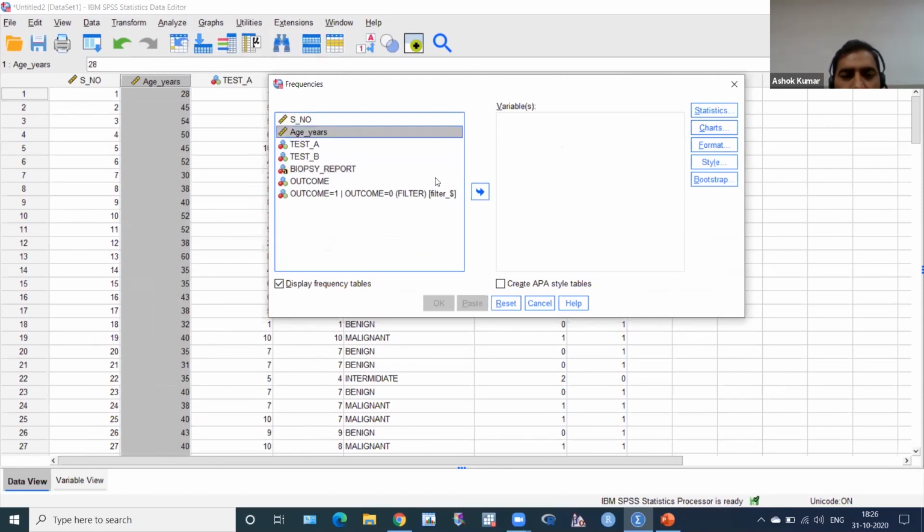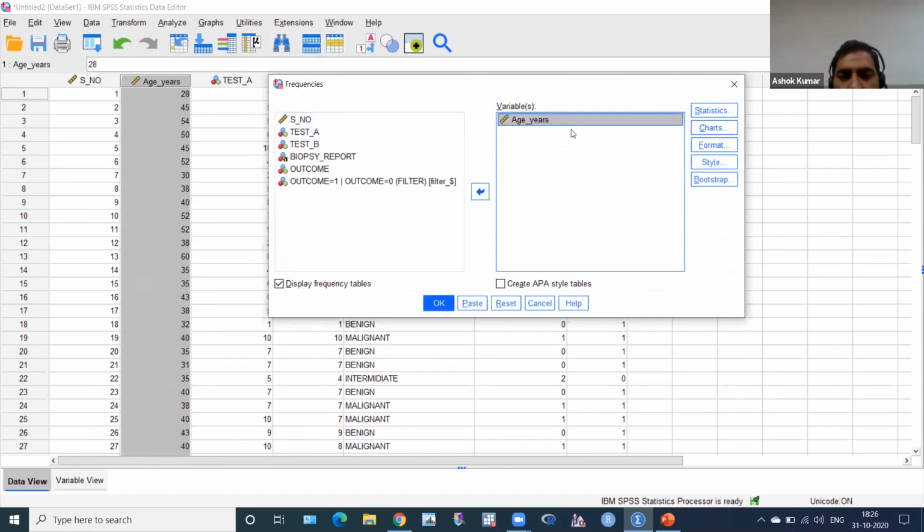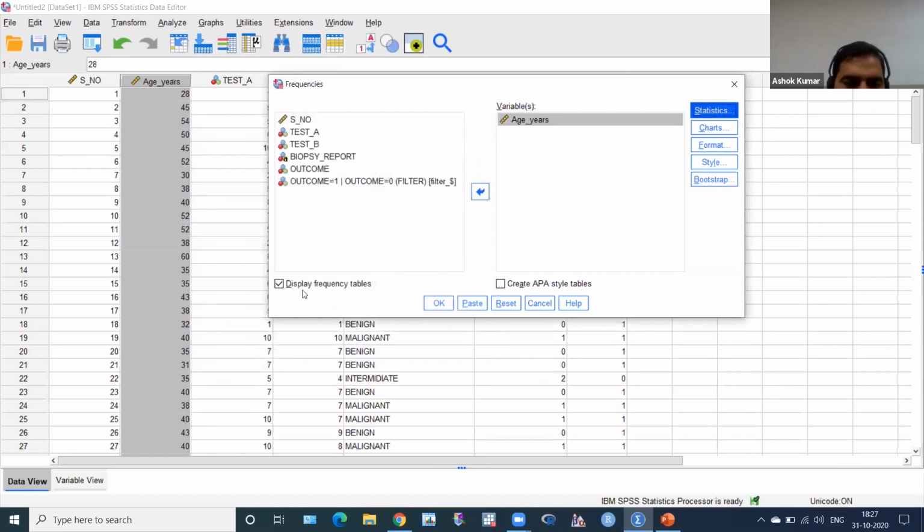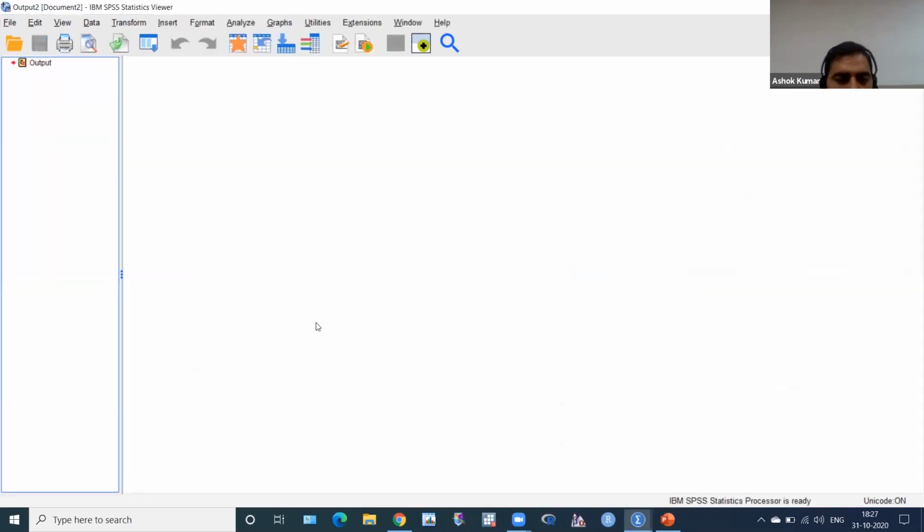Then click on age and bring this age into the variable box. Click on Statistics here. No need to get mean and SD, but okay, no problem. Get minimum and maximum, since we have to make categories. Then continue. We don't need this. Click OK. You will get this table.